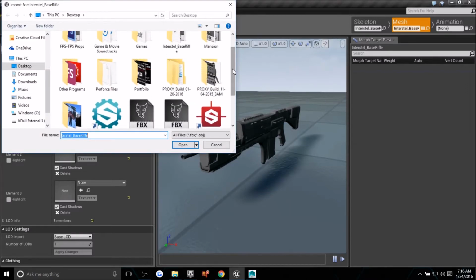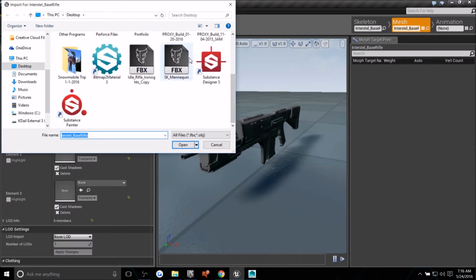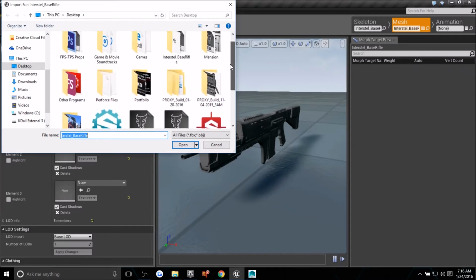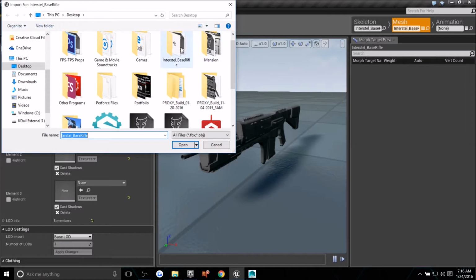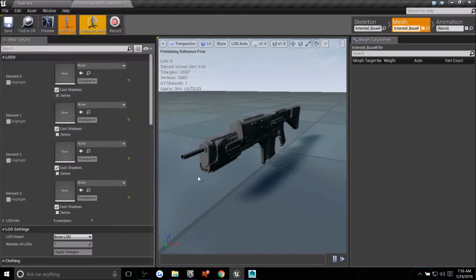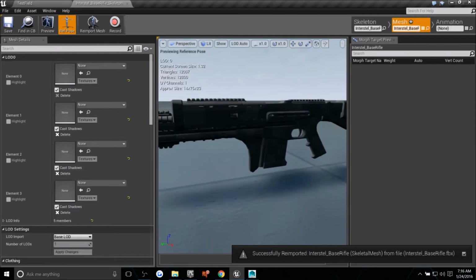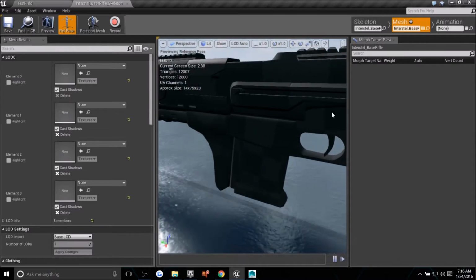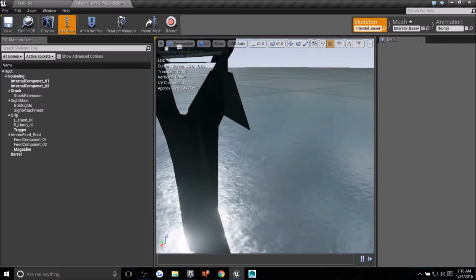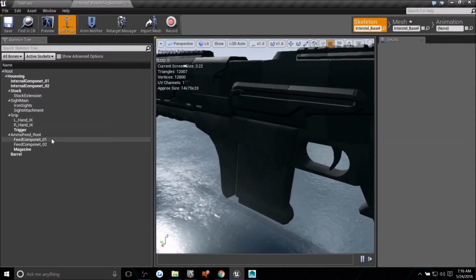And since I moved it to a new folder for packaging to the website, I want to look for that, which is going to be under base rifle, and there's our new base rifle. Alright, so re-imported. Now if I were to select the bone for the bolts over here, which was internal component 1,